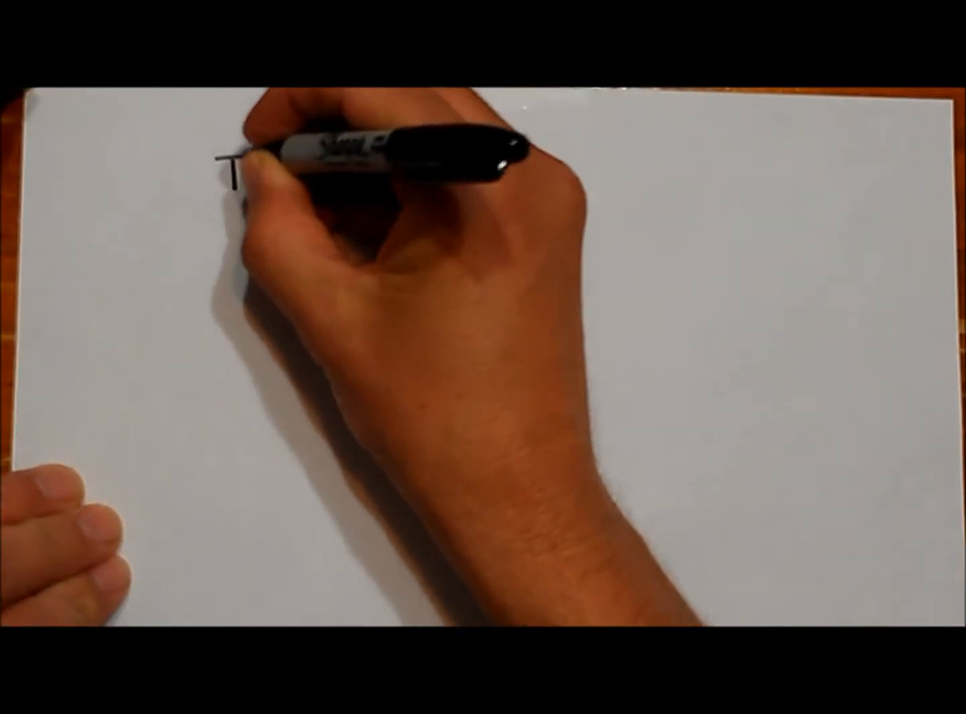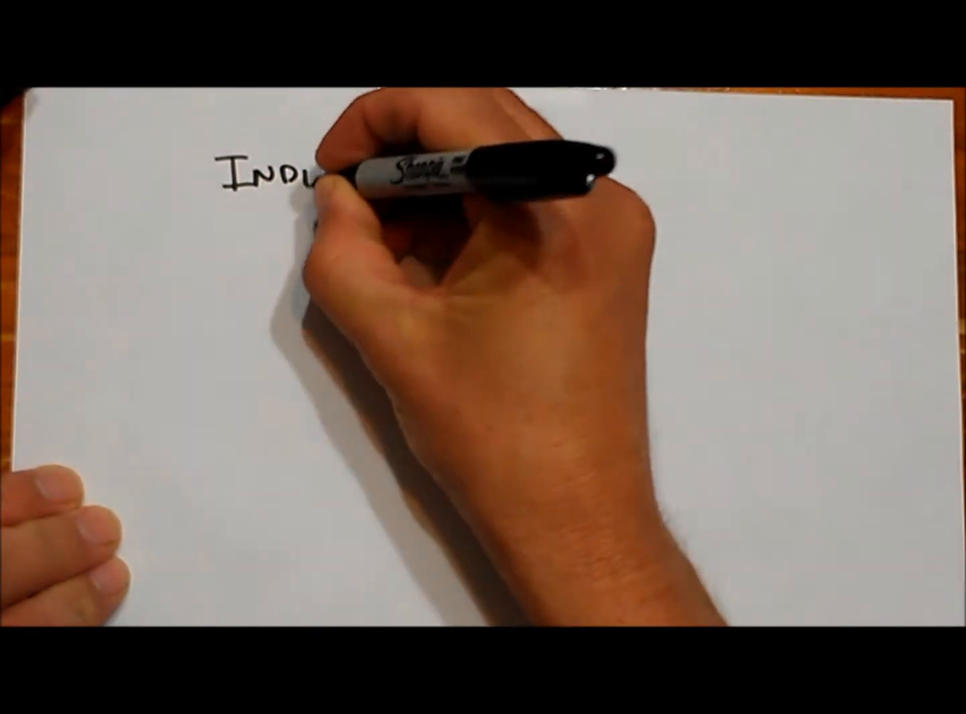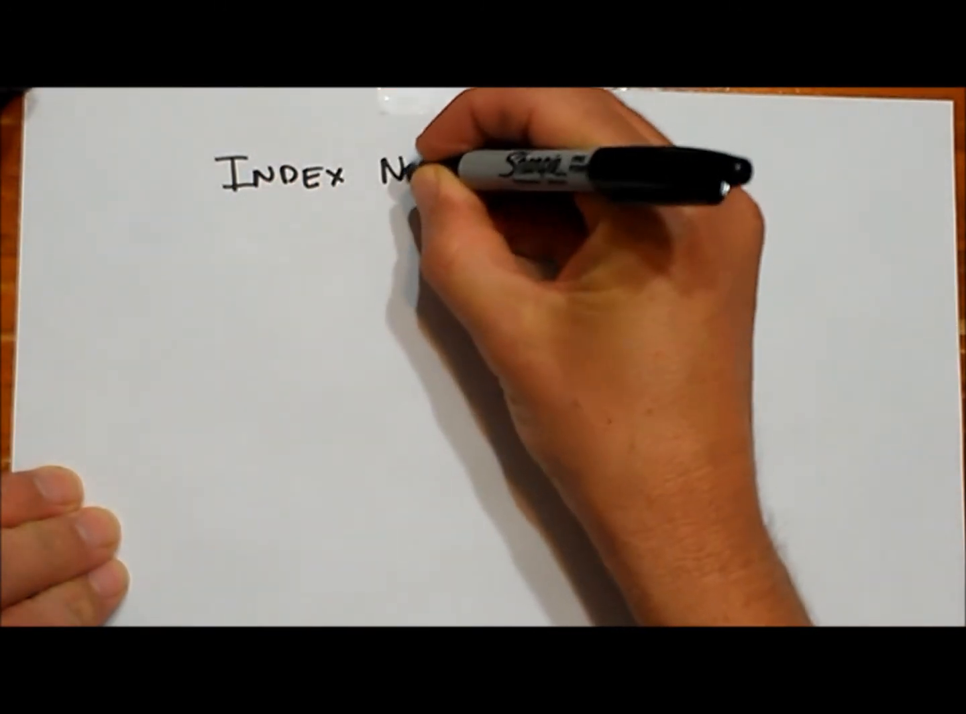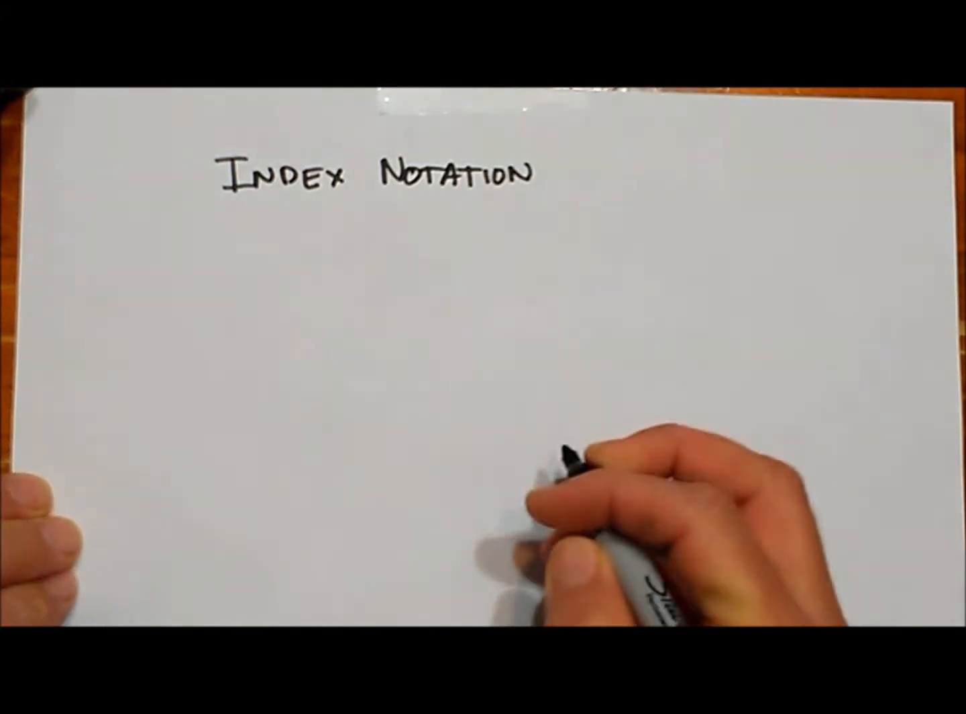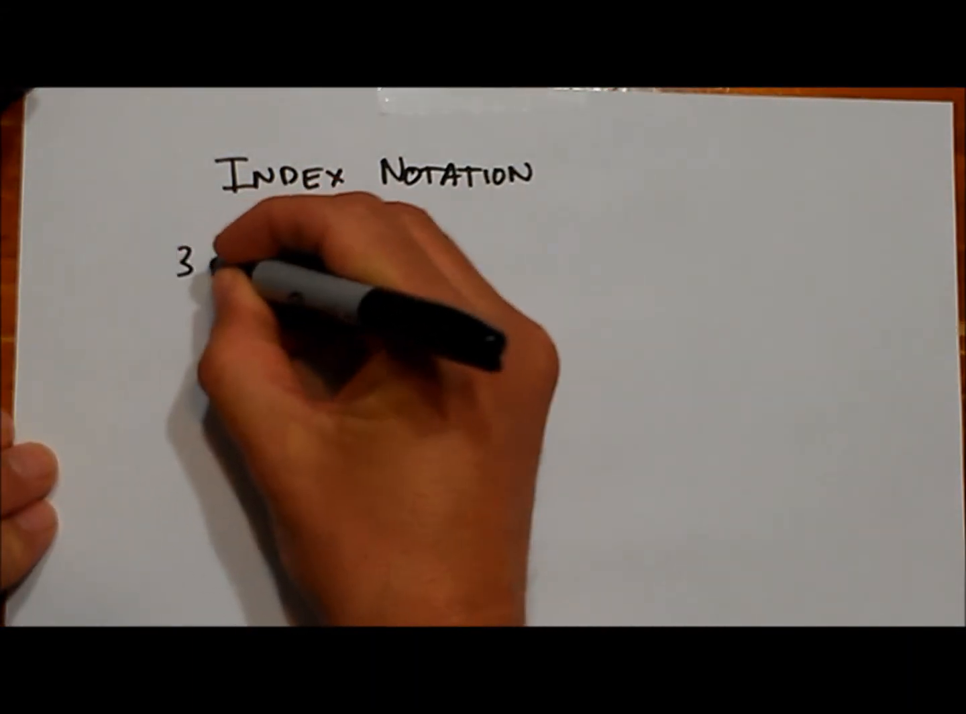Alright, let's introduce index notation. Now this is a concept you're probably a little bit familiar with, and what it is, it's about writing long multiplication products in a shorthand. So it's writing things like this